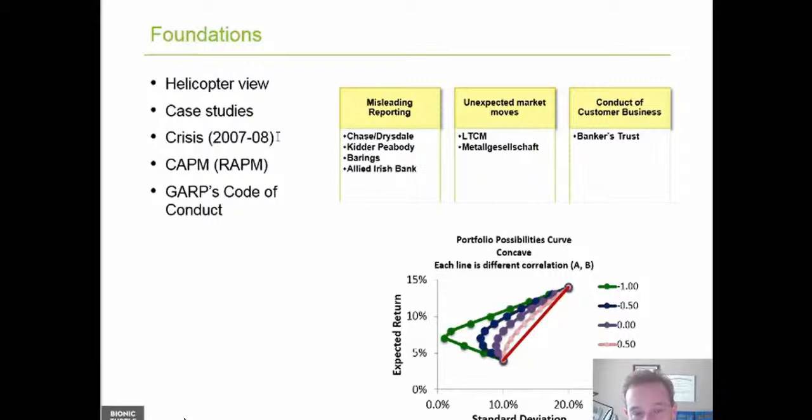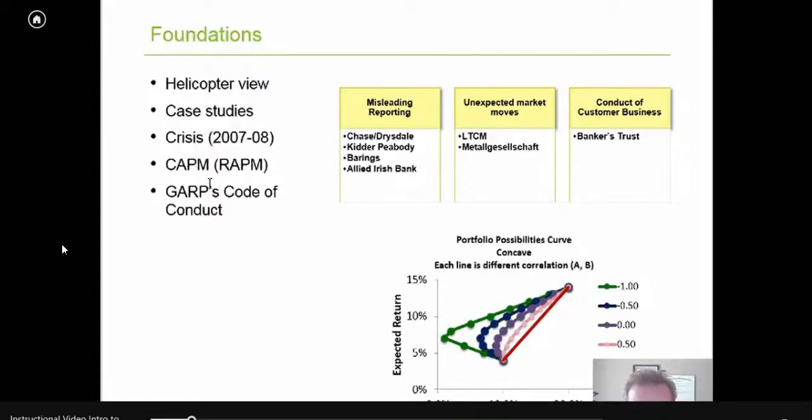Then we have a new reading by John Hull on the credit crisis, as you might expect, and we also have theory on the capital asset pricing model, which is controversial or debatable, because we can certainly take the position that in practice the capital asset pricing model isn't realistic and isn't used by many practitioners. Of course we can take that view, but from the perspective of the FRM, some proficiency in the capital asset pricing model is important. I will tell you now. It comes up in Part 2 of the FRM as well. One of the reasons is simply that